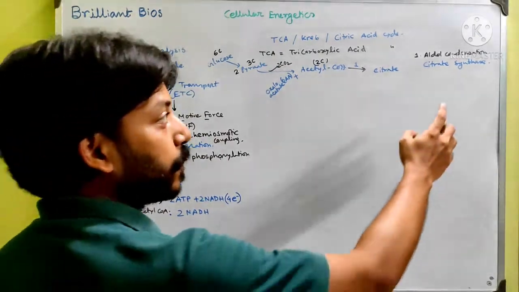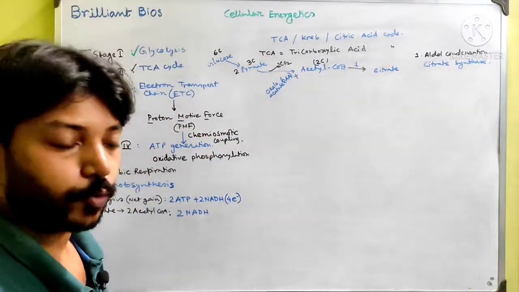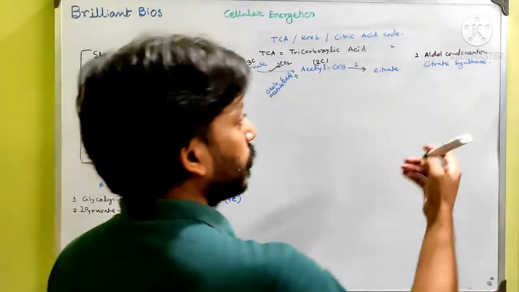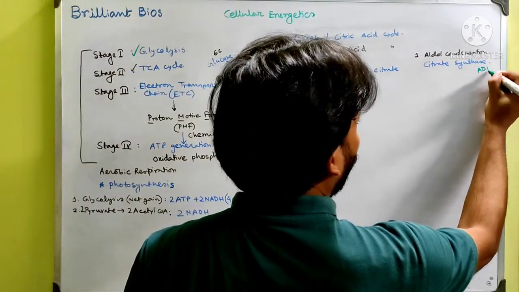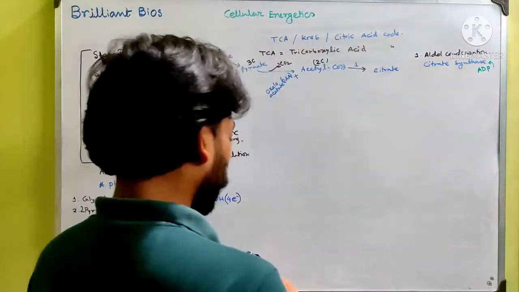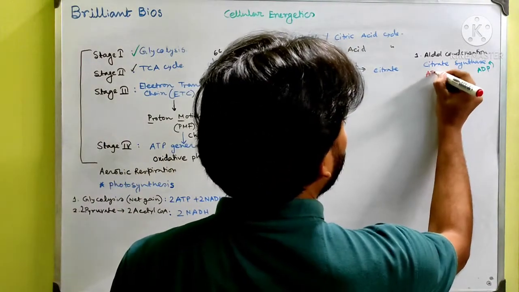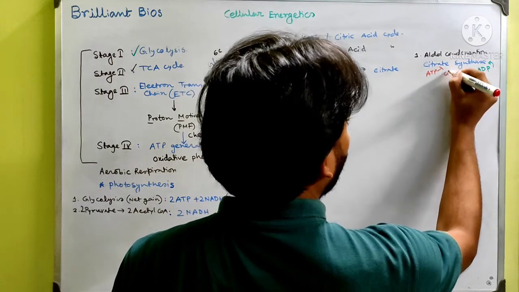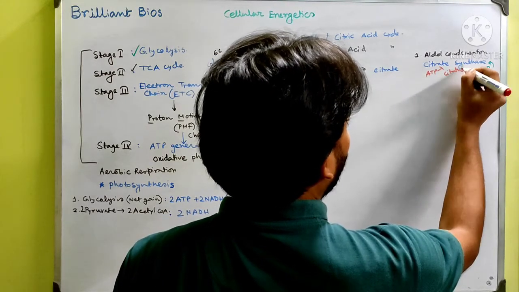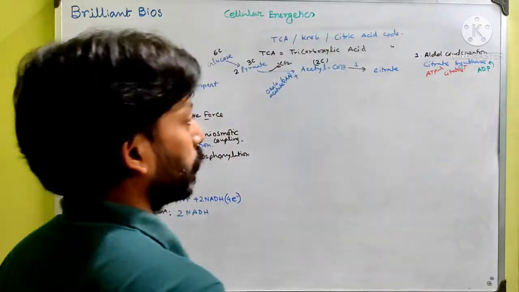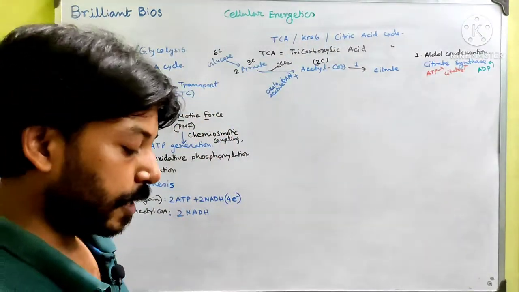So this enzyme should be allosterically regulated. ADP can activate this enzyme and ATP can inhibit it. Also the product, citrate, can inhibit it. Now in the second step,